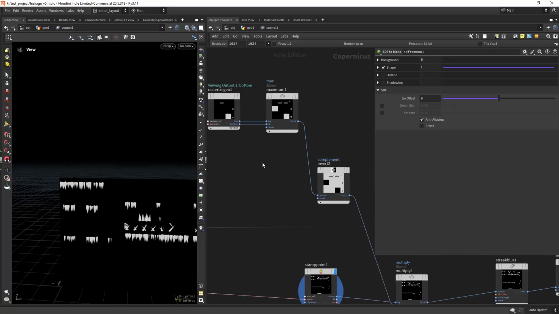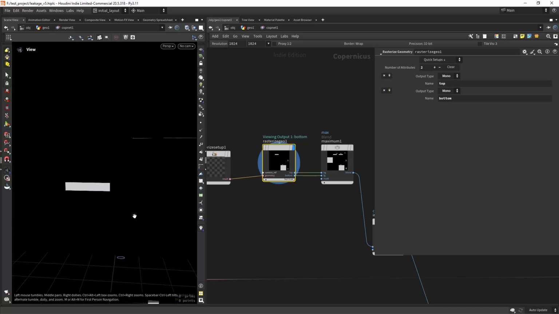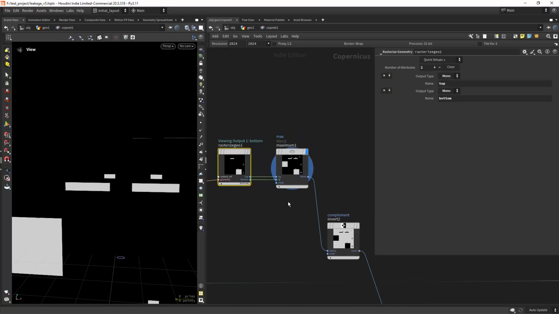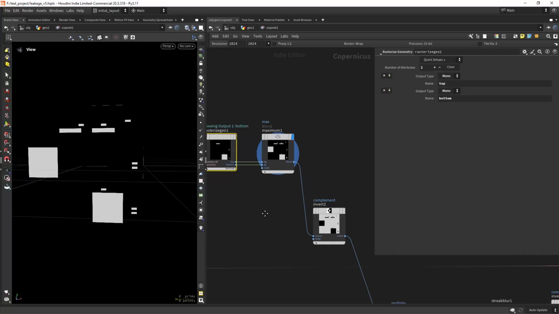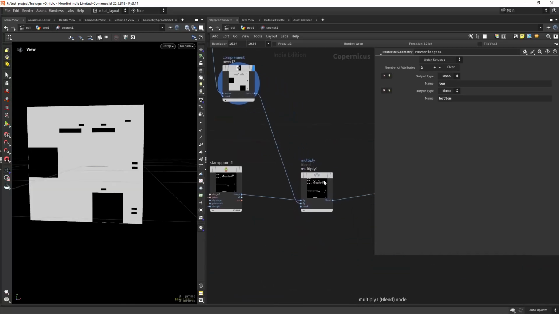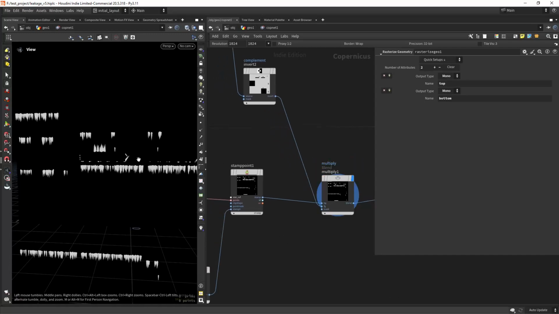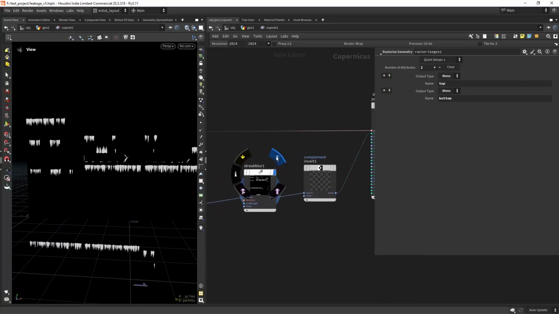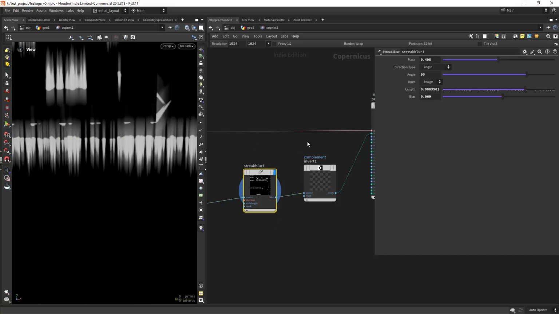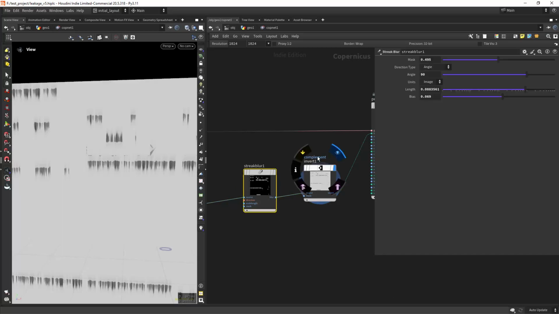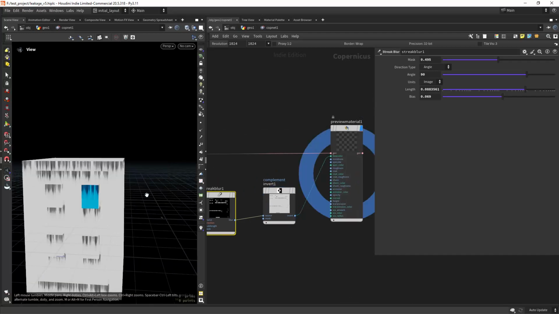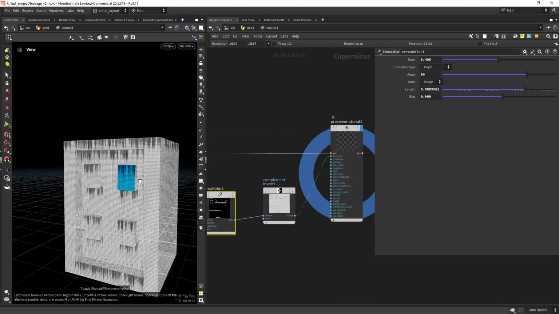Now we just use those masks. If you remember, we created two vertex masks with the top and bottom faces or prims, we maximum the two attributes, invert and multiply over those areas. As you can see, it's removing some streaks we don't want. Then we can, for instance, use the streak blur, invert it in this case, and just preview it. And here we have the final result,